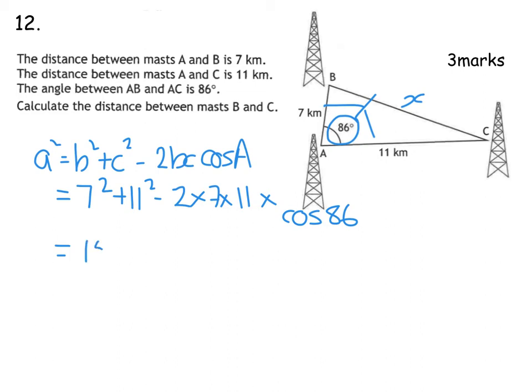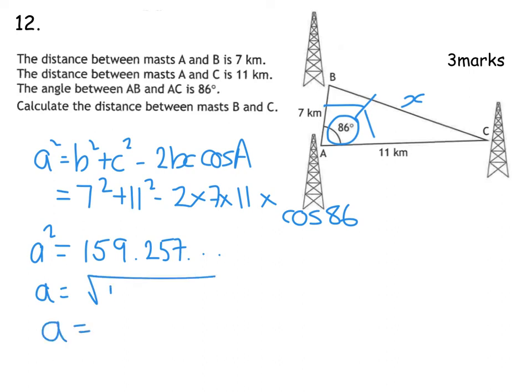And you get this number here, you get 159.2575 and so on. Remember, that's just what a squared is, so you still have to square root that number. So square root of that. I'm just going to leave it on my calculator screen and press shift, I'm going to press square root answer. And that gives me